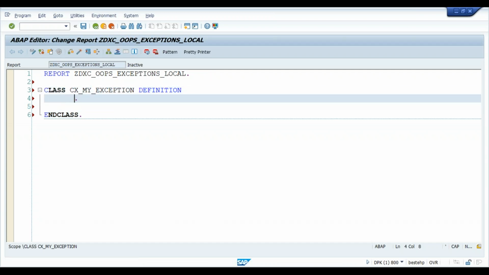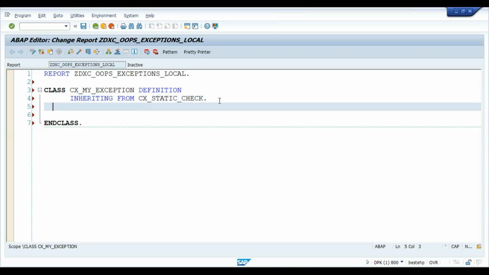So we'll go for a global exception class, that is cx_static_check. This is a standard exception class. In that we'll write,